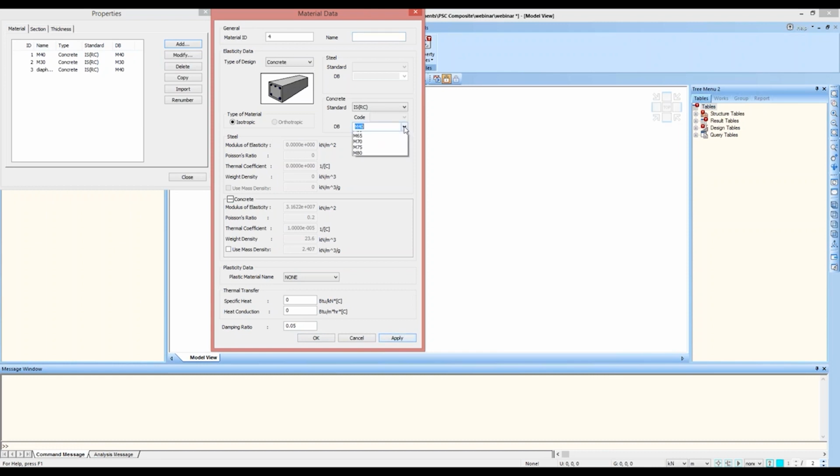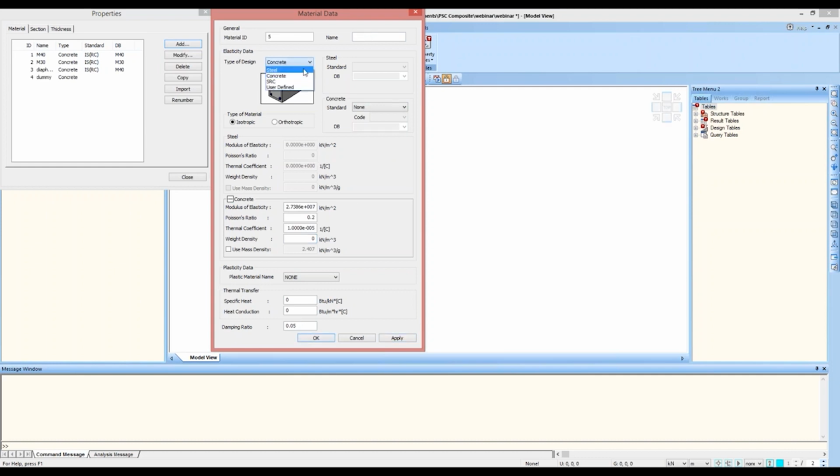Apart from this, we'll also add the material for our dummy members. Now, when we define the composite sections, the program calculates the equivalent weight of the concrete slab and then considers it with the girder. So that is why we need to add the dummy members, but we'll make the weight density of these dummy members 0, as the weight has already been considered in the composite section.